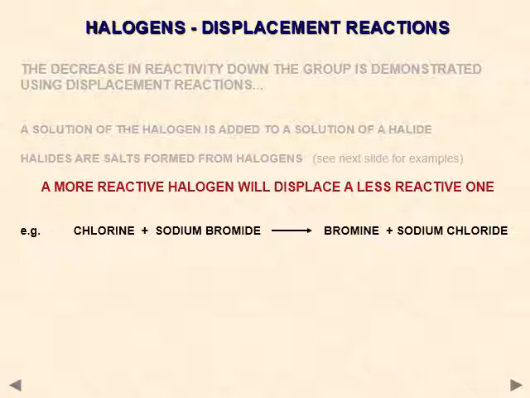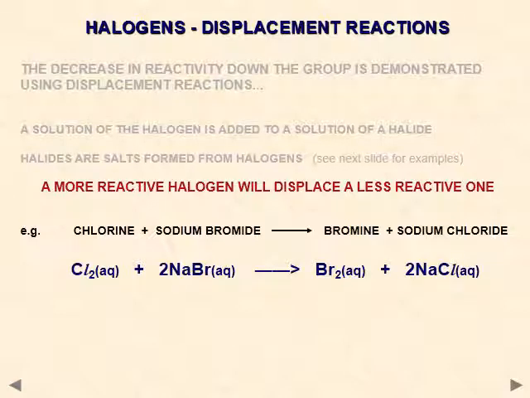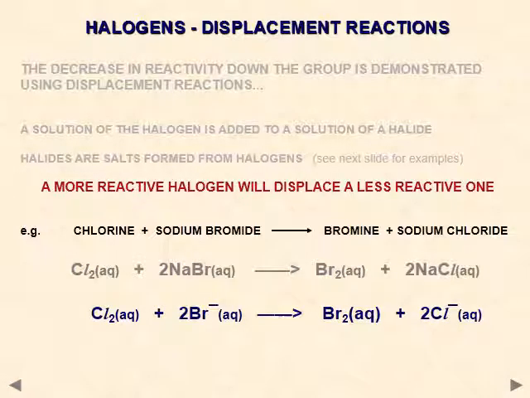So the reaction shows chlorine can displace bromide ion to form bromine and sodium chloride. So this is a displacement reaction. Chlorine has displaced bromide ions to form sodium chloride and bromine, and you will also see a color change as chlorine gradually reacts. Its greenish yellow color will disappear and bromine aqueous will form, so you will see an orange red color appear. Sodium bromide and sodium chloride, the salts, are colorless solutions, so you will not see any color from them.